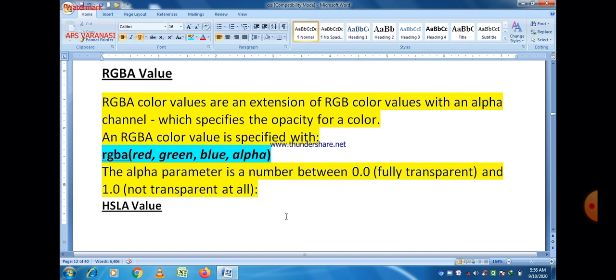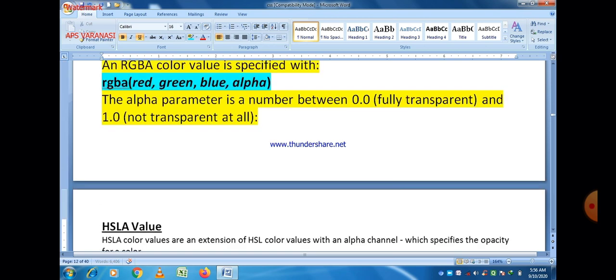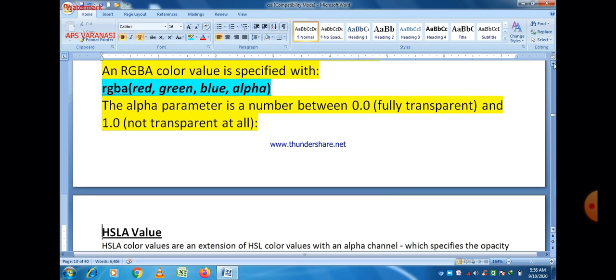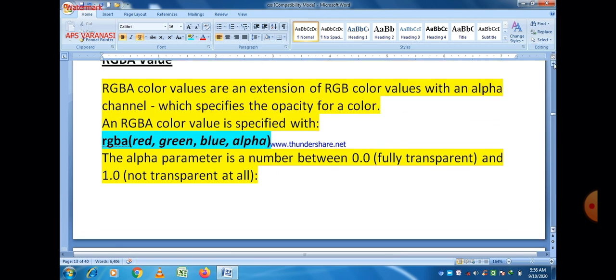So RGBA provides more options when we compare it directly with RGB combinations. When you give the value 0.0, it is fully transparent, and 1.0 means not transparent at all. So that is RGBA.